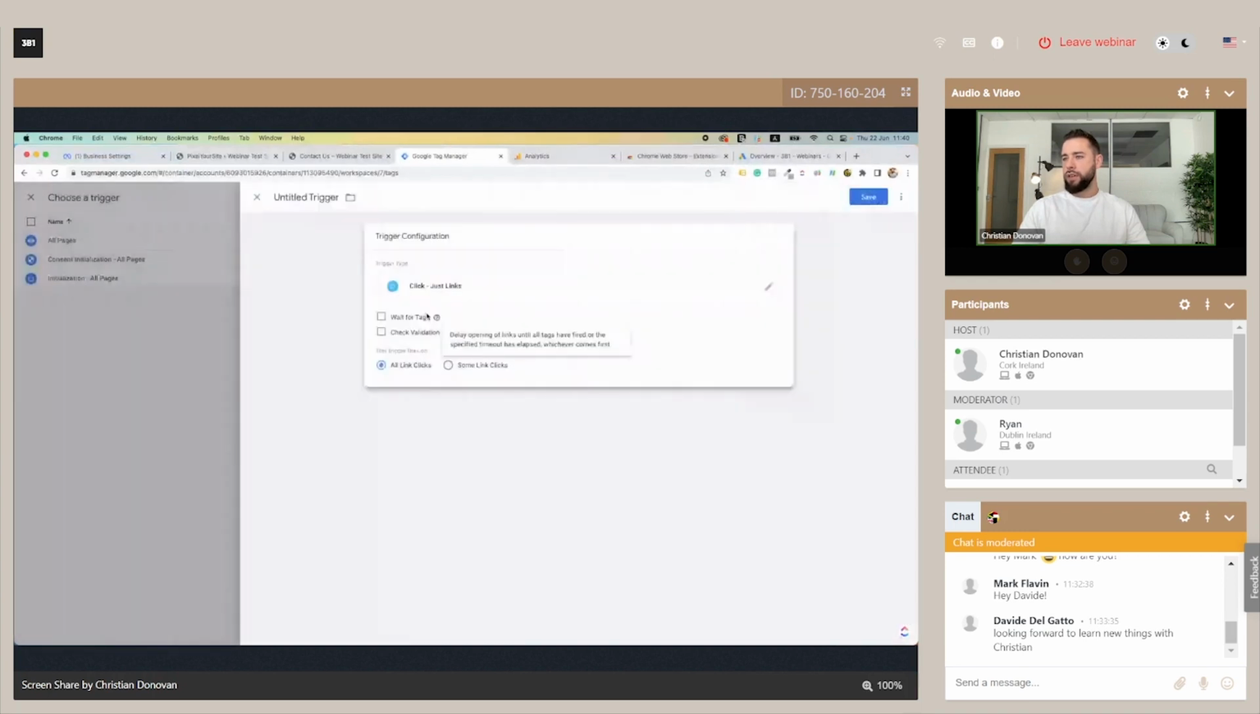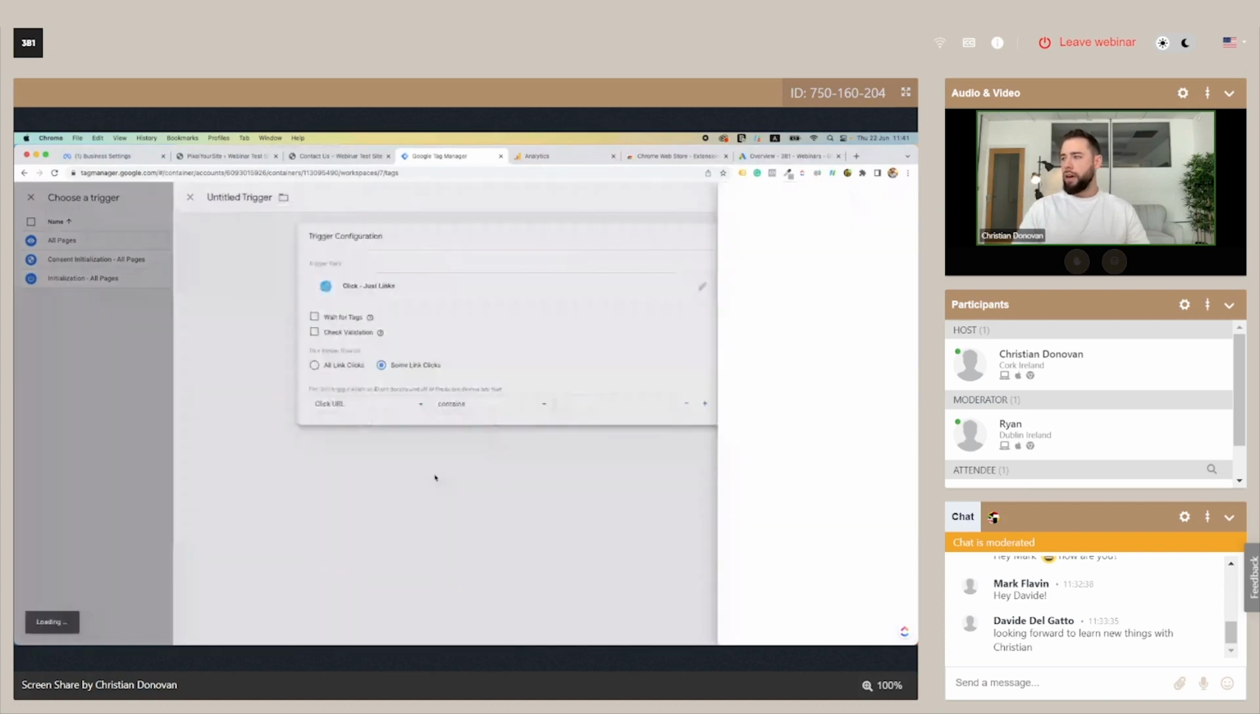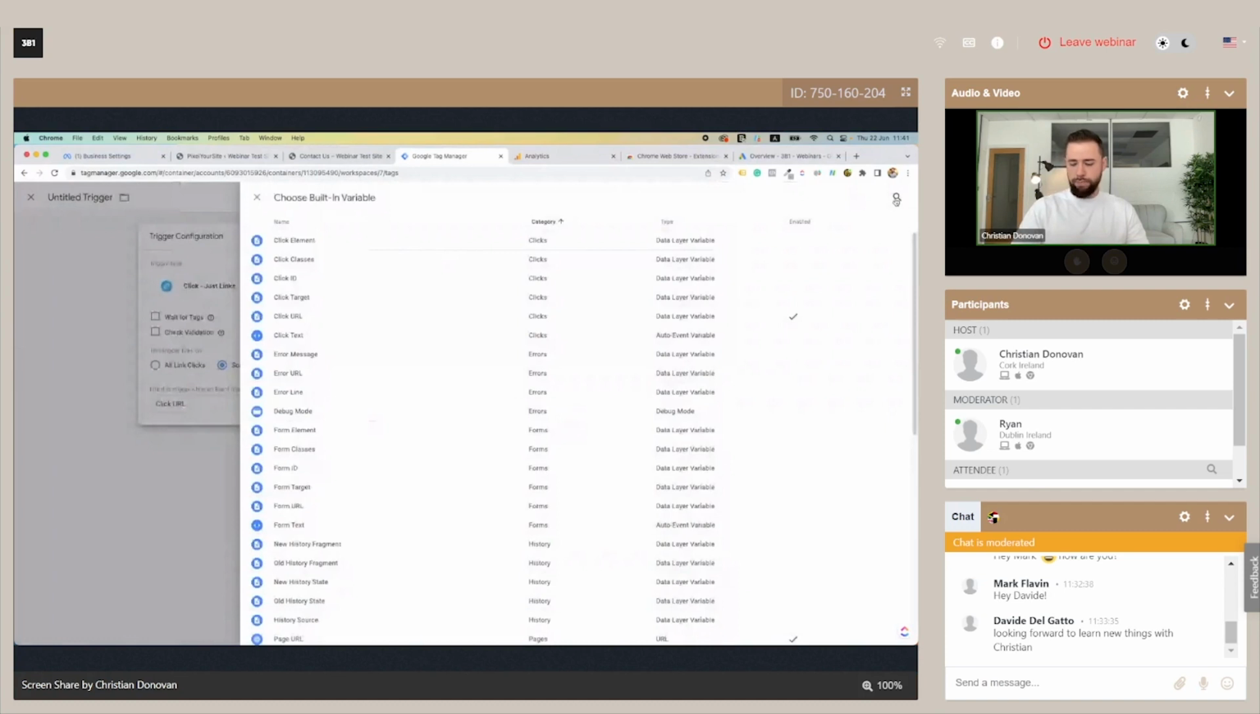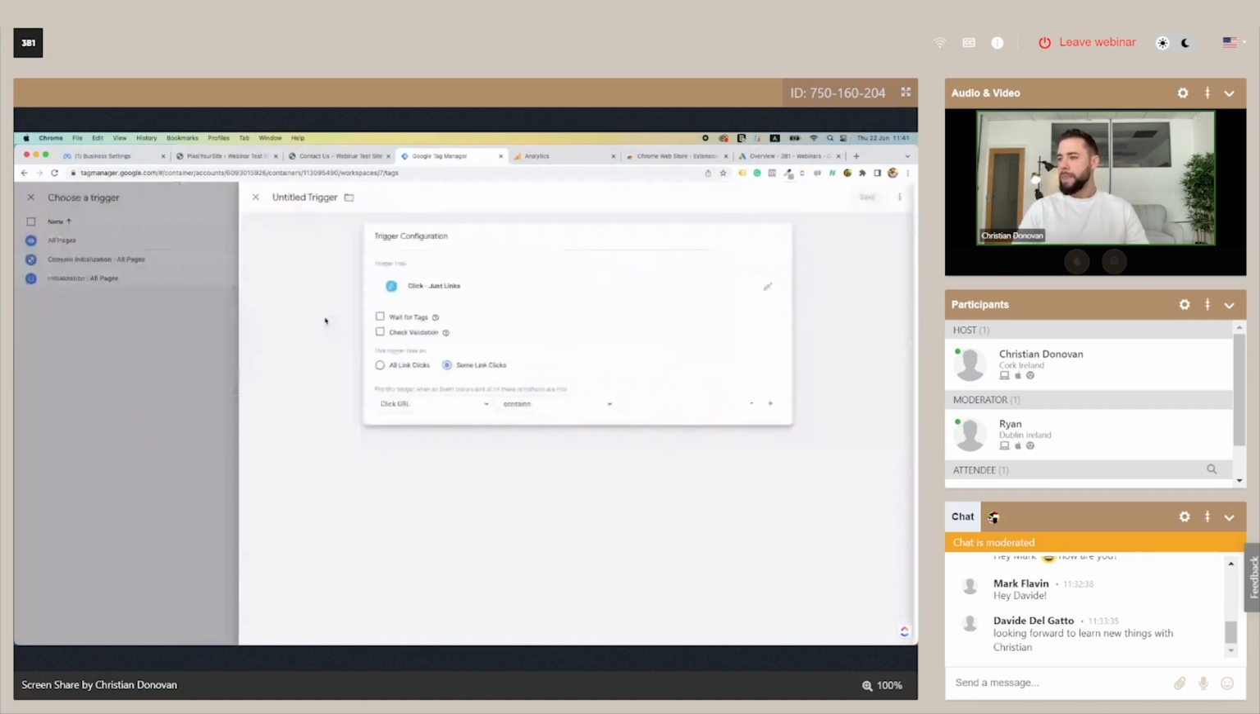And we don't want it to trigger on all links. So we want just some links. So click this down here. And it's actually at click URL for me now. Sometimes it isn't. Sometimes it won't appear here for you. If it's not, go to choose built-in variable. And all of the possible variables are there. So just say click, and you can even see the click URL there. And so contains, if we go back here again, contains that tell. So any links that contain this, we click